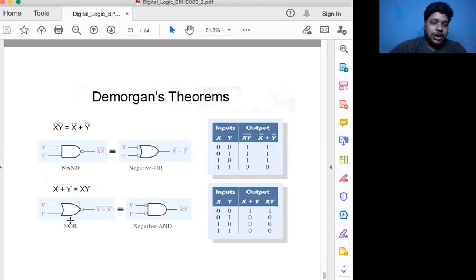गेट यूज किया। नॉर गेट में हम x y जब इनपुट में देंगे तो आउटपुट में (x plus y) bar में we got this left side। फिर यहाँ पे नेगेटिव एंड गेट यूज किया, मतलब एंड गेट में जो इनपुट है वो पहले से इन्वर्ट कर लेते हैं, इसलिए इसको नेगेटिव एंड गेट।